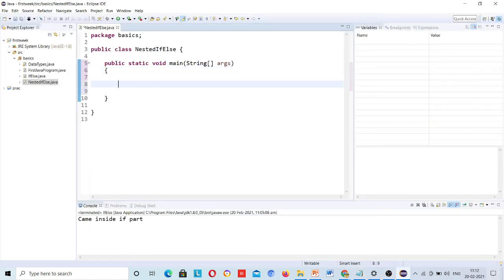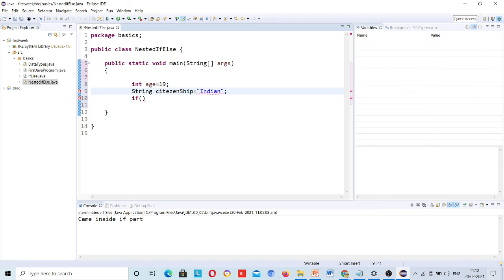Okay, I will write here int age is equal to 19. Age means age, so that anyone can understand. Age is equal to 19. Okay, if of course, and string citizenship is equal to, suppose I have given Indian.